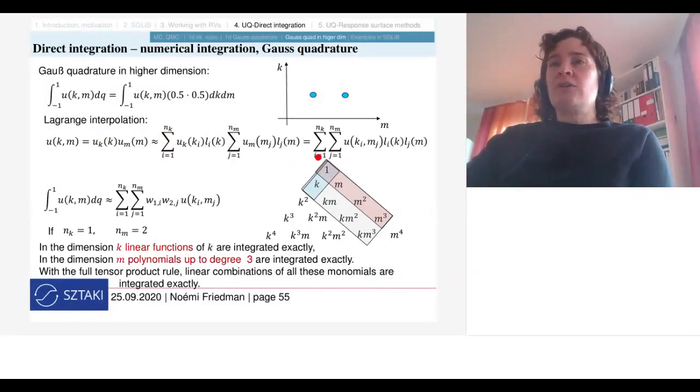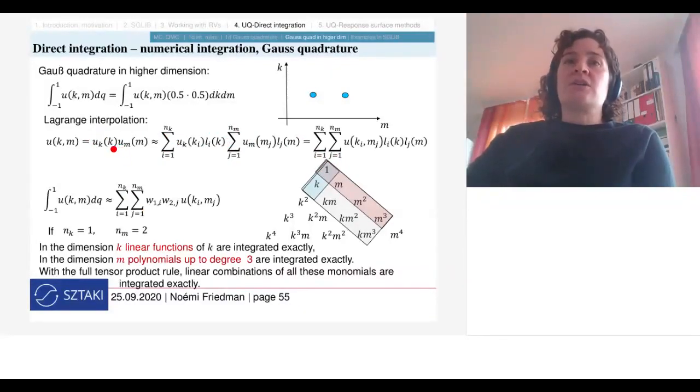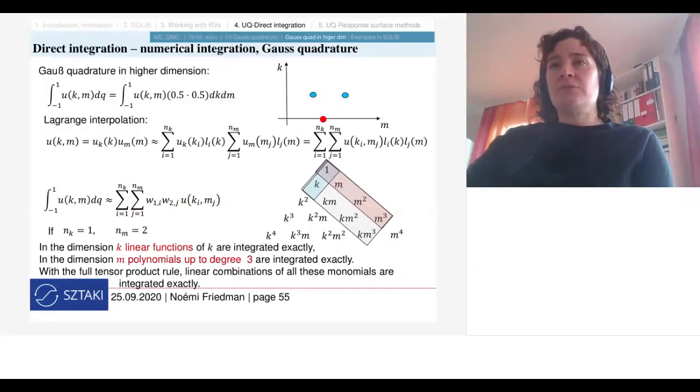And then it turns out that what I have here is a 2D rule where the integration rule is just simply summing over the integration points, the solution at the integration points, which are the tensor product of the